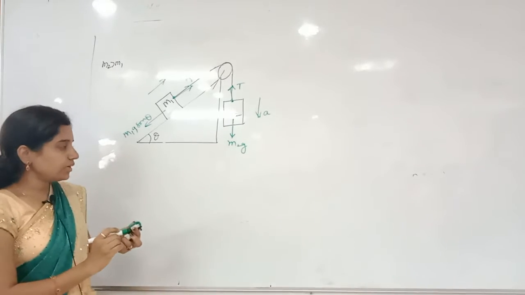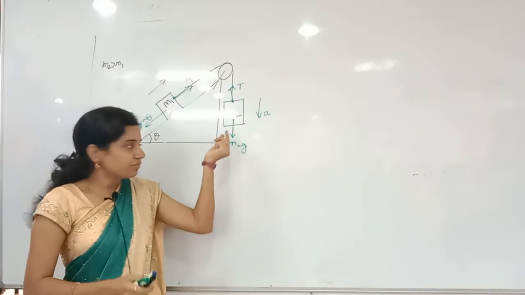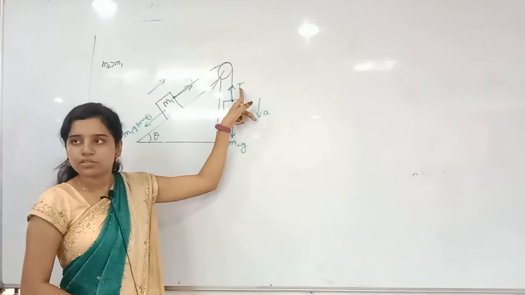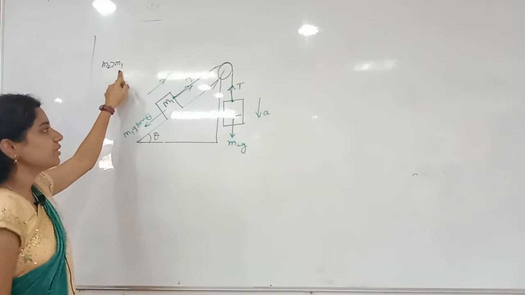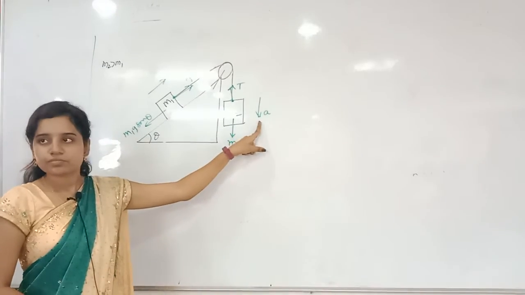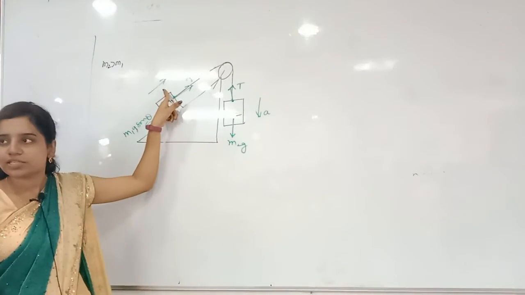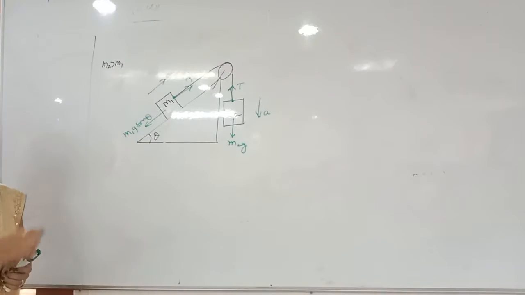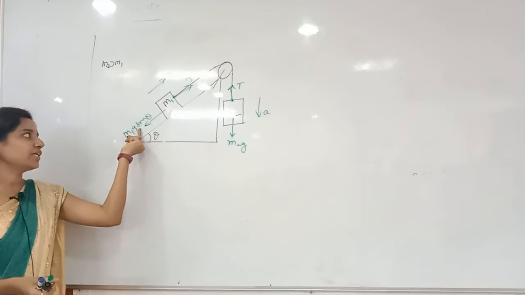Clear? So here m2 is hanging. For m2 obviously there will be a weight in which direction? Downward direction. Because there is a weight, there will be a tension away from the connection. Now I said clearly m2 is greater than m1, so this will slide downward, then this will come downwards with acceleration a. If this comes with acceleration a, this will also go up with what acceleration? a only again. Now along the inclination, as I said just before, always what will be there? Sin theta component will be there. So what will we get here?